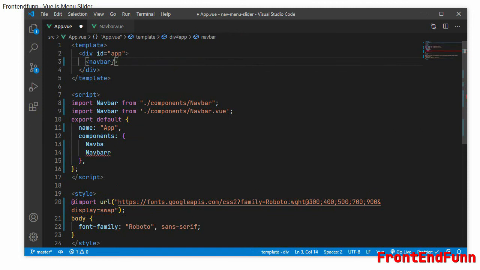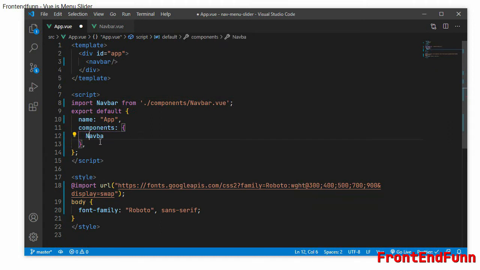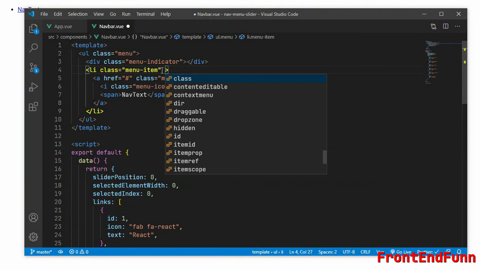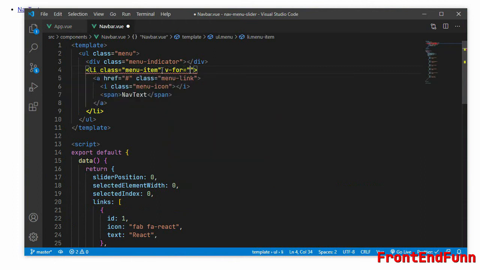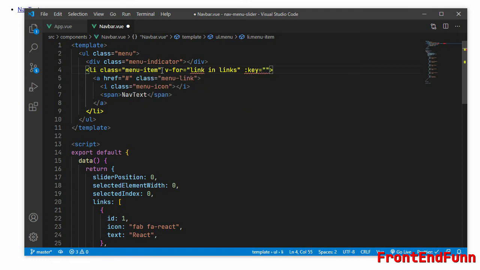So it is imported twice. Okay, so we are having nav text. Let's make it dynamic. On the list item, I'll be using v-for link in links, and the key will be link.id, and we'll render the icons here.